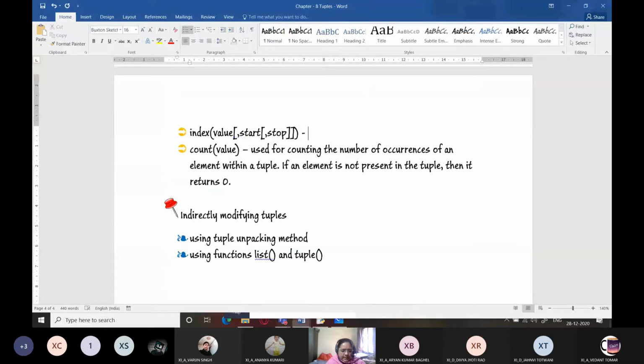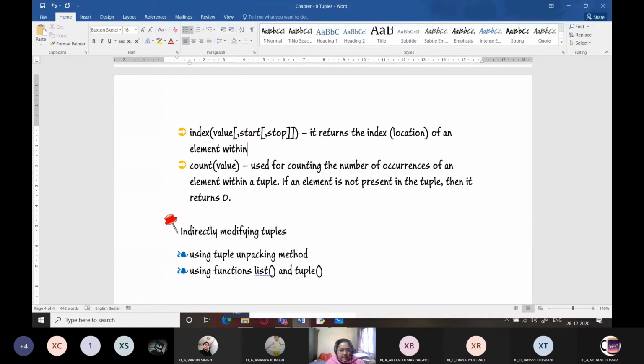Index function returns the index location of an element within a tuple. Okay, within a sequence or a tuple. It works for strings also, it works for lists also, right? So if you want to look for the position of an element within the tuple, you can use the index function.